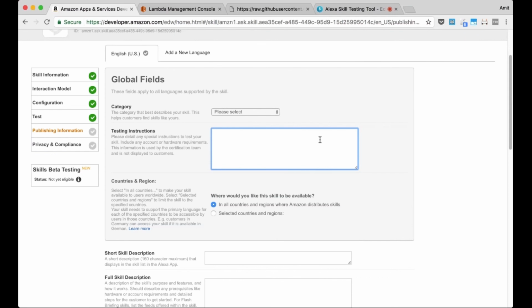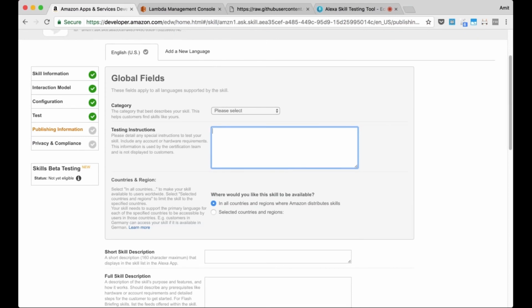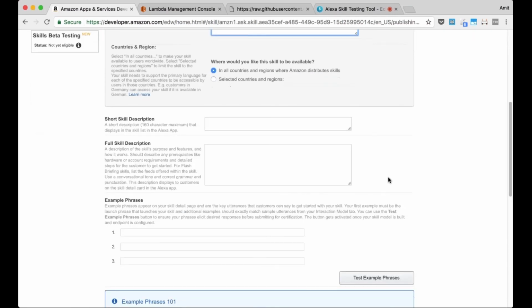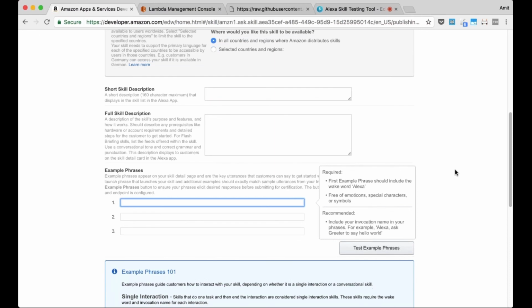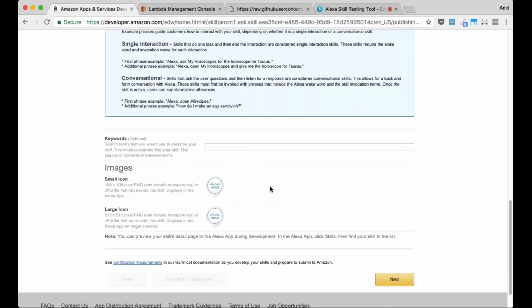And then some short skill description that will show up once your skill is published. And some example phrases. How can your users use this skill? So include things like open space facts or open Flatiron School or launch Flatiron School or any specific ways that people can start playing around with your skill. And then finally, upload some images in a small and large resolution.